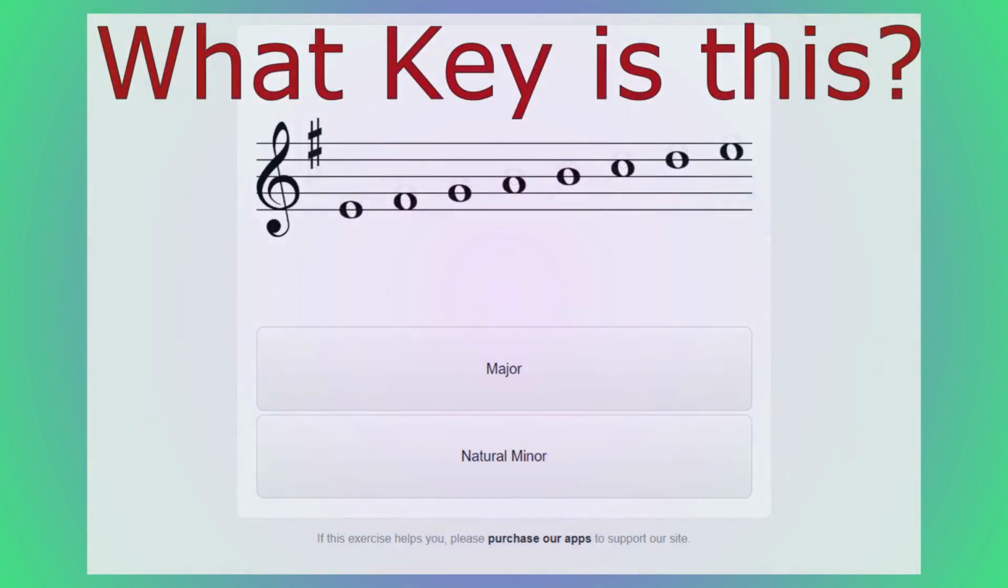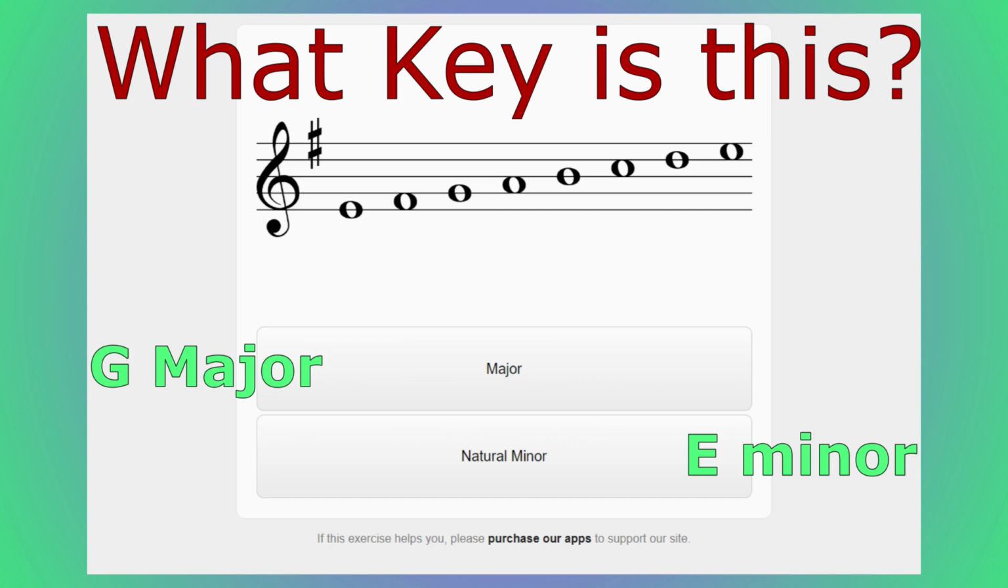Going over to another key, we have 1 sharp on our key signature. So I go to my last sharp, or in this case my only sharp, and up 1 letter to G. So this would be G major, or if I go down 2 notes from G, it would be going down to F sharp, and then E. This could also be E minor, and seeing as my scale starts and ends on E, this is likely to